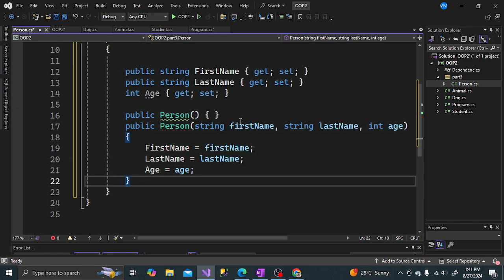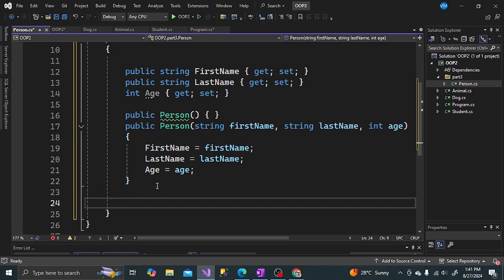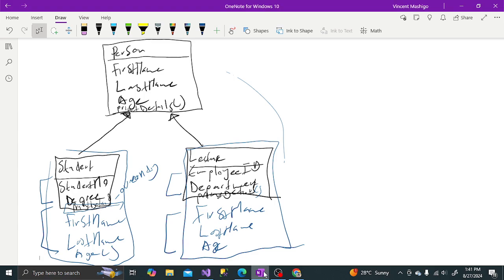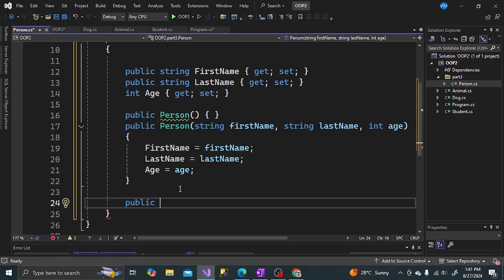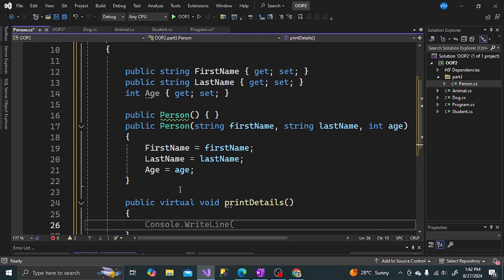Yeah, something like that. You know how to do constructors, so I'm just allowing the editor to complete it for me. Then public, so we said the print details must be overridden, so we don't want to inherit, we want to override. This means we are going to use virtual, then depending on the return type, this is print details,